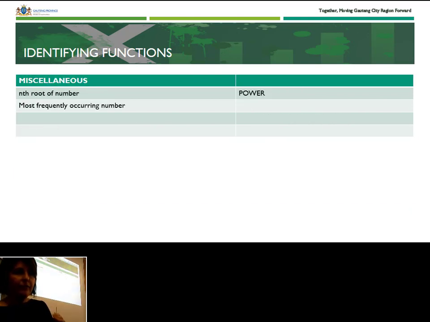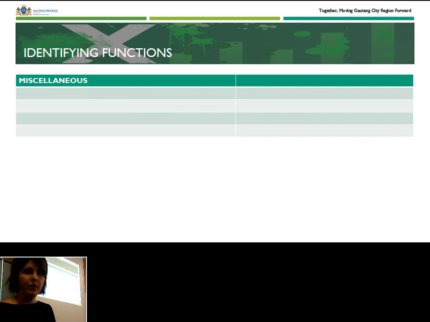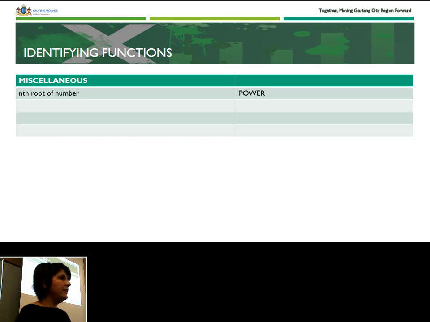Miscellaneous. Oh yeah, I forgot I wanted to ask you that one. Let me just check. The root, powers in the CAPS, no? To grade 10. Not always easy to ask, but definitely in the CAPS. It's so much easier to just use the